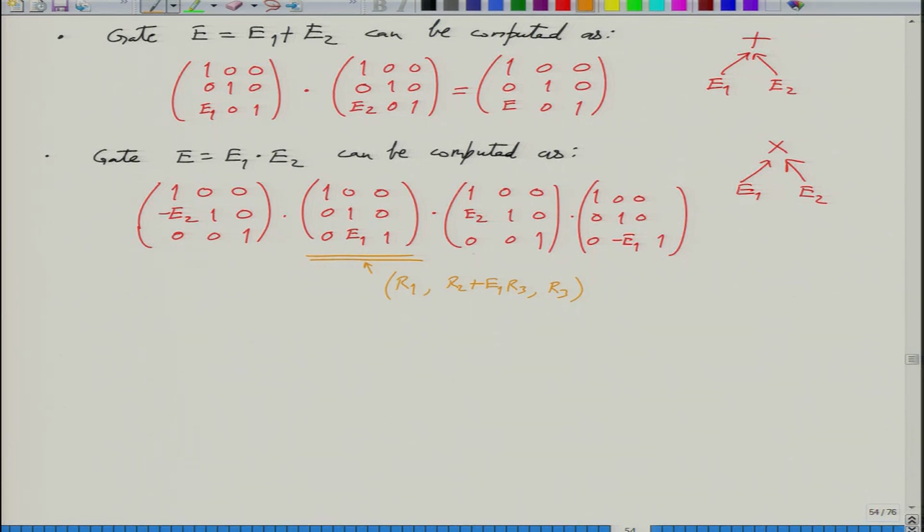But these two we have covered. So will it be wrong to say that it is like R1 minus E2 R2 or something like that? No, it is, but then given a long matrix product for E, how do you get one for minus E? Oh, so you can first multiply the first column by minus 1, then the last row by minus 1, and then the entire matrix by minus 1. Yeah, okay. So that is the solution.